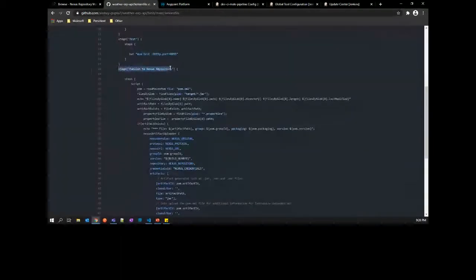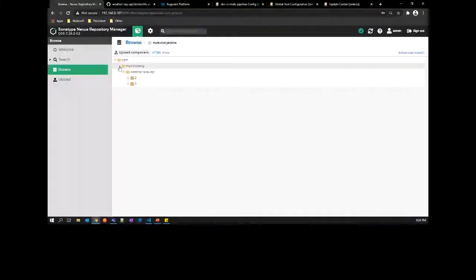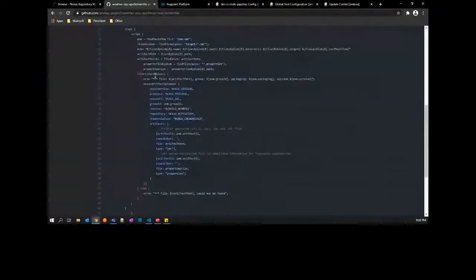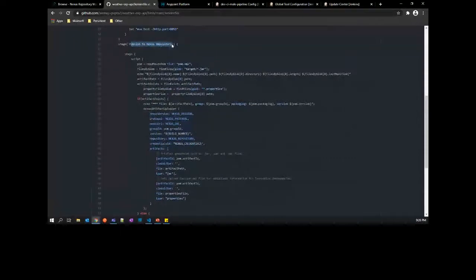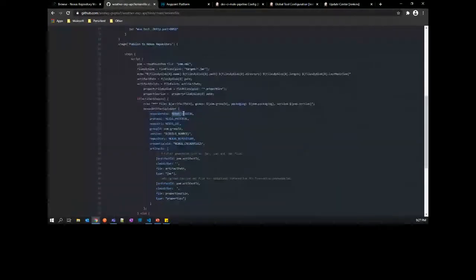And this is the important step where we are publishing the jar that we have packaged to the Nexus repository, which is this. This particular step, publish to Nexus repository, makes use of the Nexus artifact uploader plugin, which we have made available in Jenkins. It takes multiple parameters. Some of these parameters are taken from the environment variables, like Nexus version, Nexus protocol, and everything else.